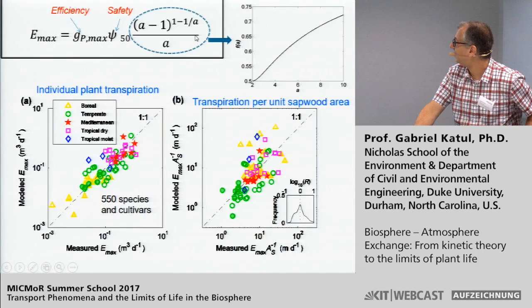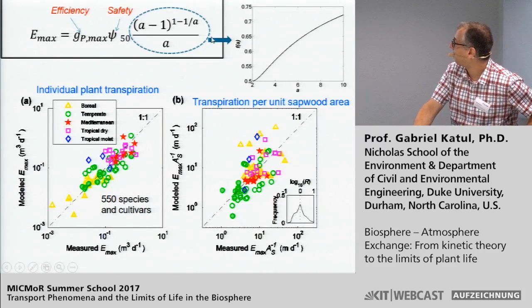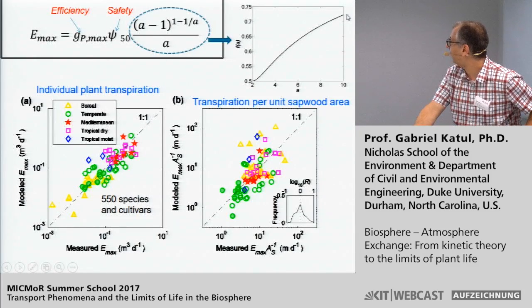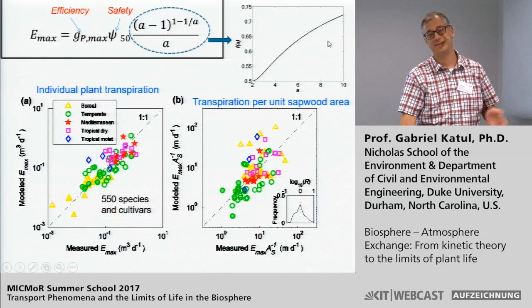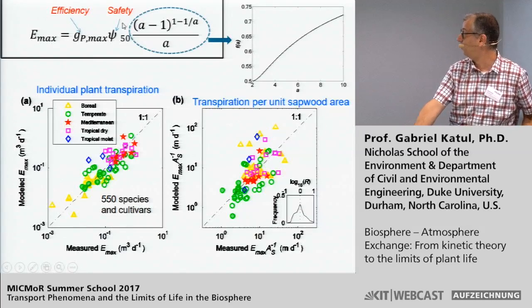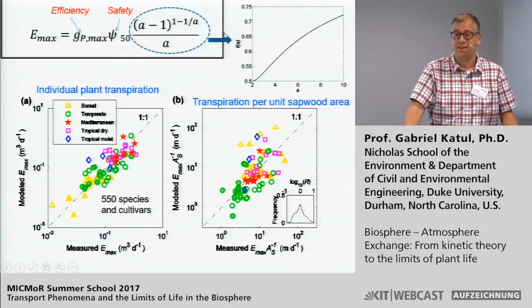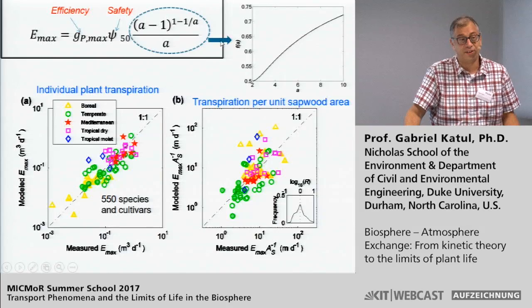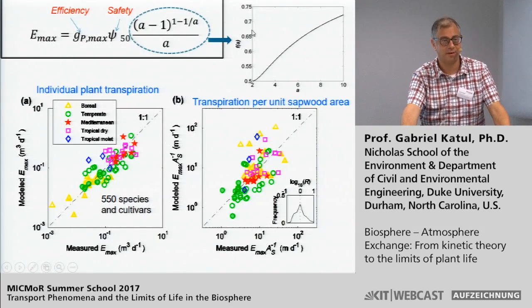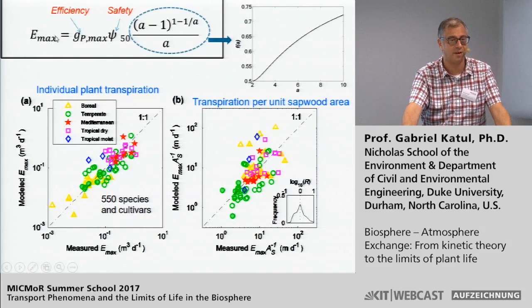Now, if you do a sensitivity analysis, and Stefano has done this, so you take all the vulnerability curves that have been published in the literature, and you look at the value of A, it turns out to vary from 2 to 10, which is a lot. But this F of A that I show here varies from 0.5 to 0.7. So in the business of plants, between friends, we're not going to worry about this variation. So we're going to treat it roughly as a constant. If you do that, the concept between safety and efficiency immediately emerges, okay? Immediately emerges. It's actually the product of, so the maximum transpiration rate is actually the product of safety by efficiency.